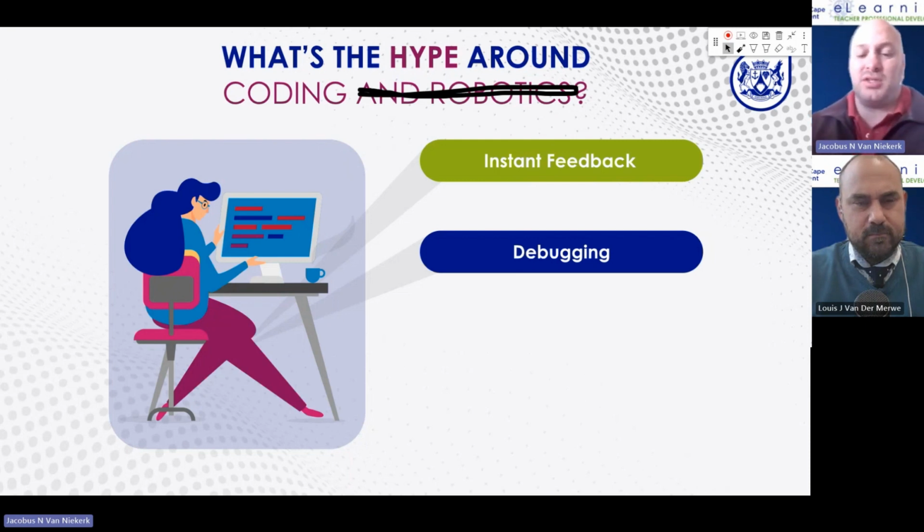I was a language teacher, strangely enough, now in this coding environment as well. But debugging, the perfect example of debugging in language is your spell checker, because the spell checker is literally debugging your writing as you are doing it. It shows you made a mistake.